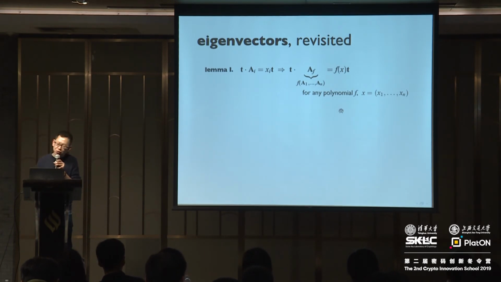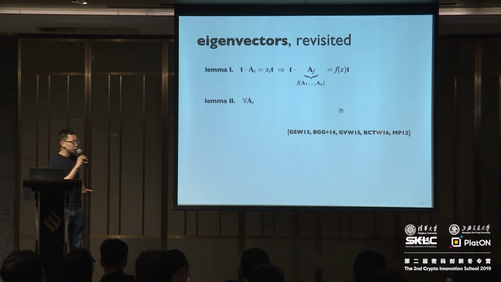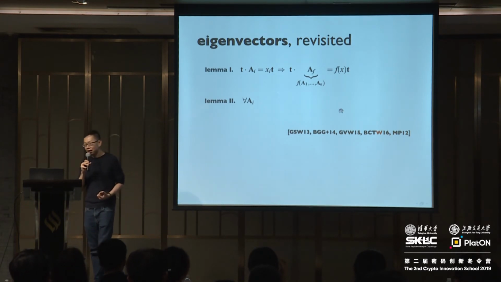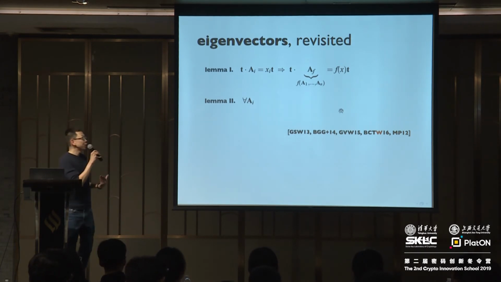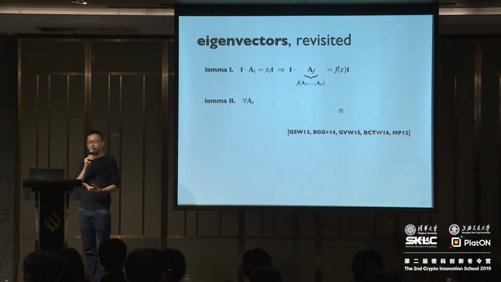So what I want to do is to try to generalize this equation to get a more general algebraic relation. What do I mean by generalization here? Now, the first lemma is restricted to settings where we have a bunch of matrices that share the same eigenvector. My goal is to have a more general statement that applies to any matrices, whether they do or do not share the same eigenvector. So a bunch of arbitrary matrices.